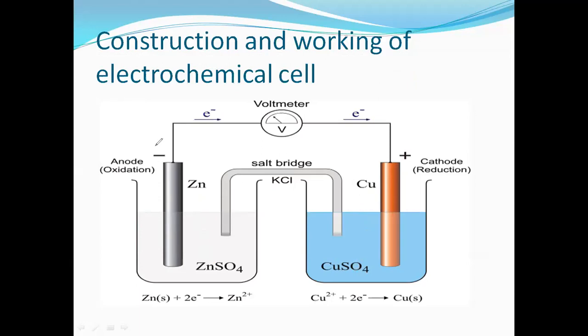The anode is always positively charged, and the anion carries a negative charge. The cathode is always negatively charged, and the cation carries a positive charge. What is the difference between anion and cation? Suppose I take zinc sulfate, Zn2+ and SO4 2-. Zn2+ is the cation and SO4 2- is the anion. In copper sulfate solution, Cu2+ is the cation and SO4 2- is the anion. Then what will happen during the process of electrolysis?